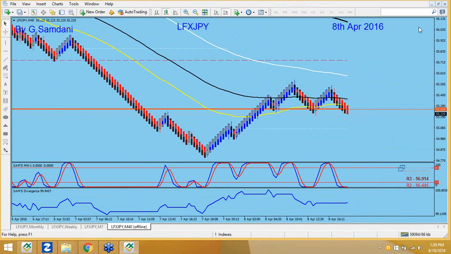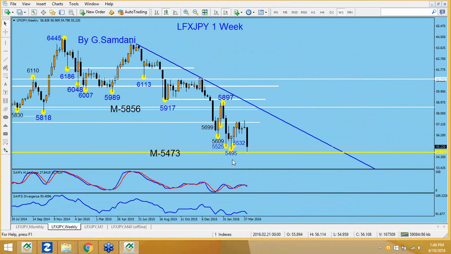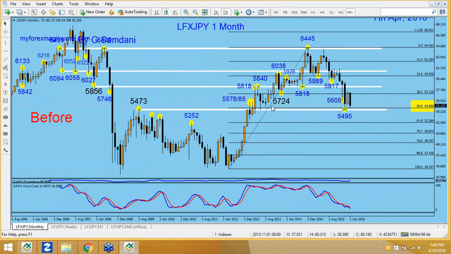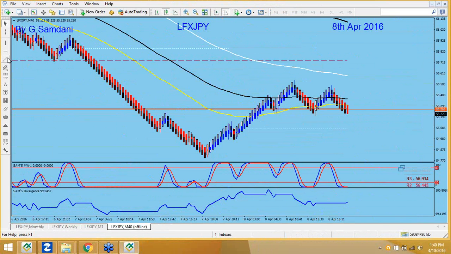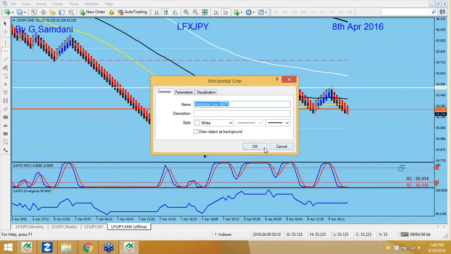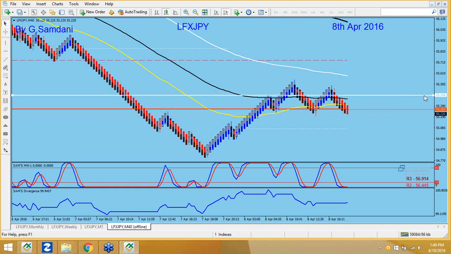Okay, so this is your 40-minute chart. Once you have this 40-minute chart, you go back on a weekly chart and you take the number. So let's say this one, the bottom number was the 54. Right now the price is here, so we want to see what's happening here. So 55.25, and you should draw all these numbers, plus the monthly relative numbers, close-by numbers, on the 40-minute chart. So there was a number 55.25, so we go here, and you take this and you draw 55.25,